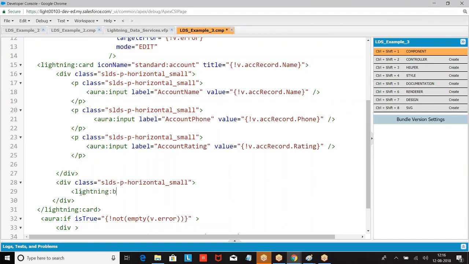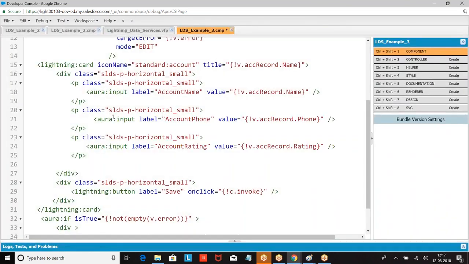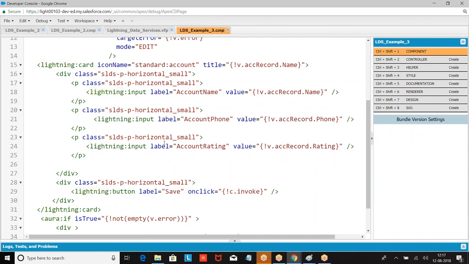Lightning button, value equal to, onclick, invoke. So what was that? Not ui:input, it is lightning:input. This is how I created it.